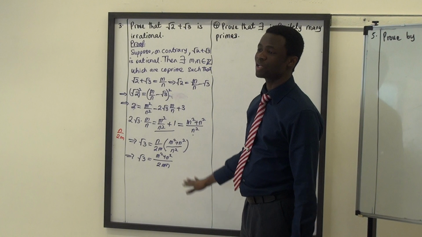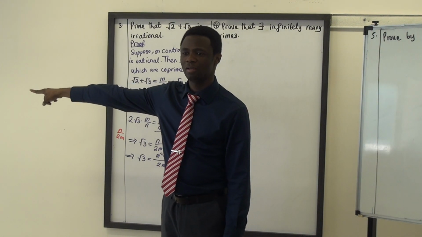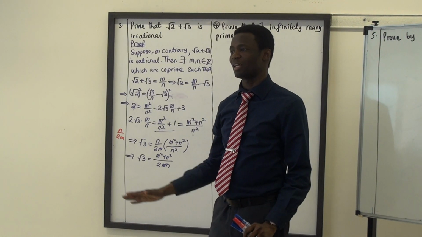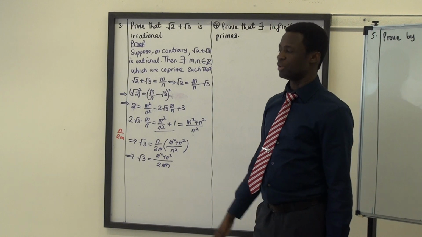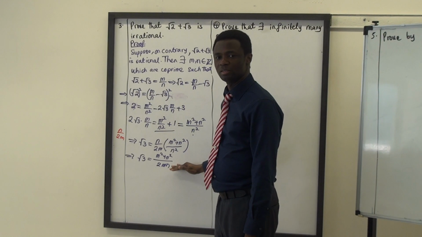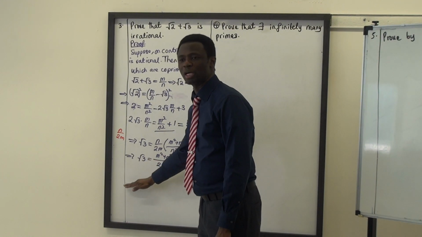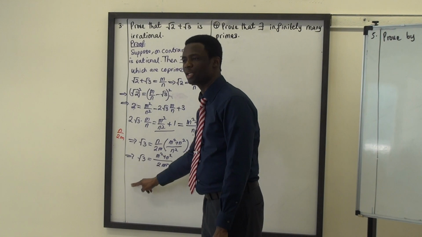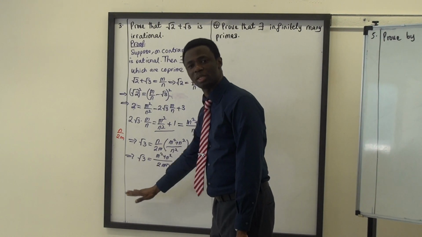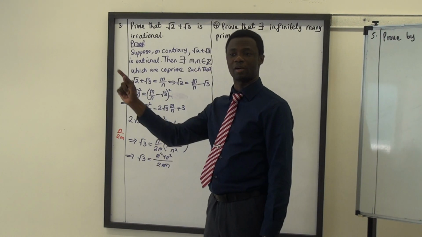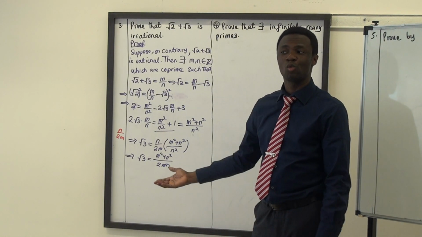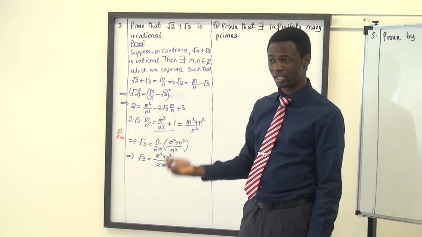So if this was in an exam, this would probably be A, then this will be B. Then you can say, oh, according to A, because you have already done it, then you can make use of it. But if this is the only question and you get to this point, you stop here, then you now say, now I prove that root 3 is irrational. You can call this maybe equation asterisk. After you prove that root 3 is irrational, and as it ends from equation asterisk, it means there's a contradiction on this step. Because sometimes you don't know what you might encounter to use. It is when you get to that point you realize, oh, I'm going